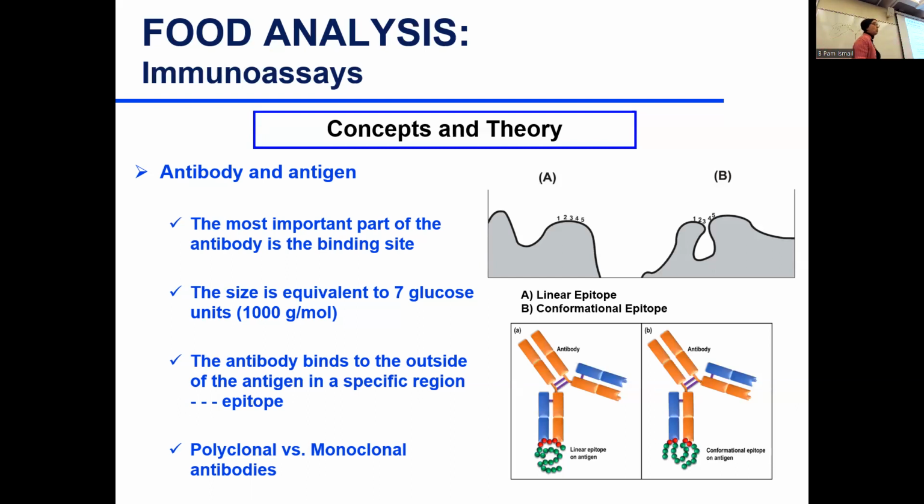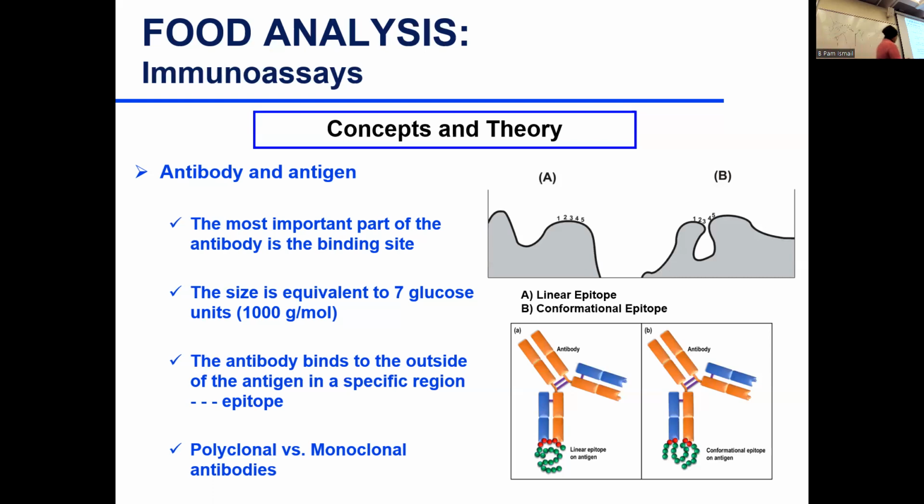Polyclonal is what we actually have in our body. So if we're allergic to an antigen, a protein, we have multiple B cells. We have many B cells. Every B cell is going to generate a different antibody. So I'm going to have potentially an epitope here, an antibody for this region, an antibody for this region, an antibody for this region, for example. So these are polyclonal. Same antigen, but they bind at multiple